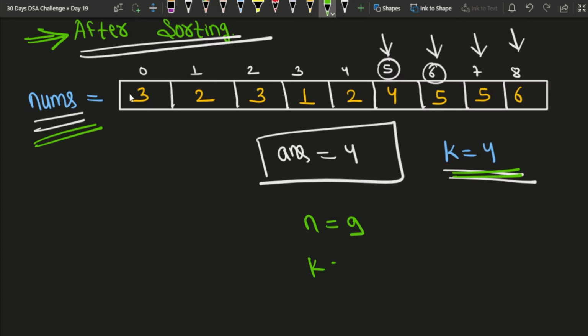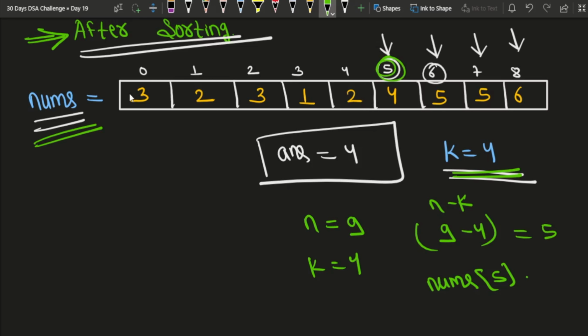And what is the value of k? The value of k is nothing but 4, right? So I just need to write 9 minus 4, or you can say n minus k, right? So it is 9 minus 4, which is equal to 5. So I just need to return nums of 5, right? And here in this sample test case, you can clearly see that at index number 5, we have 4, which